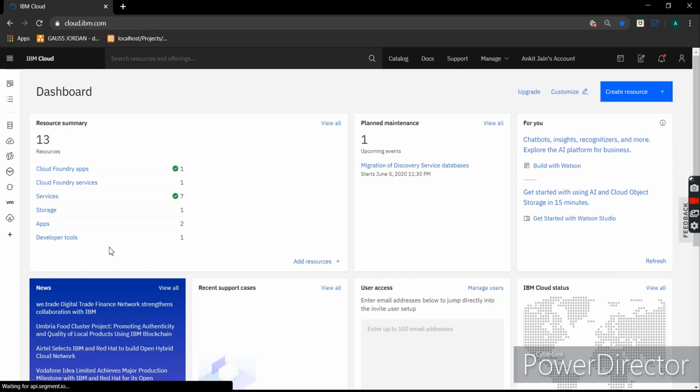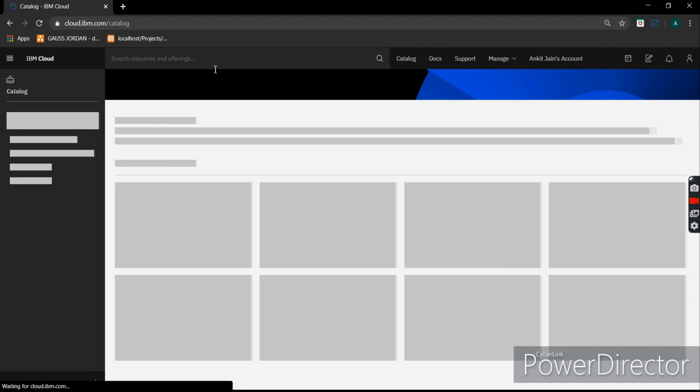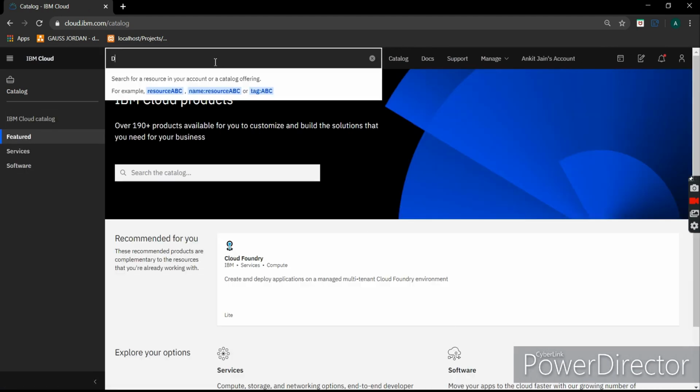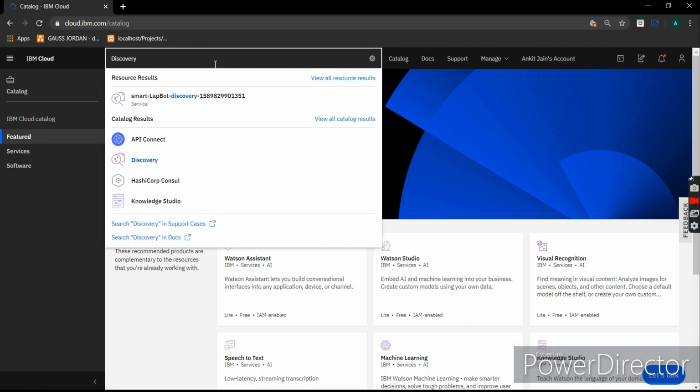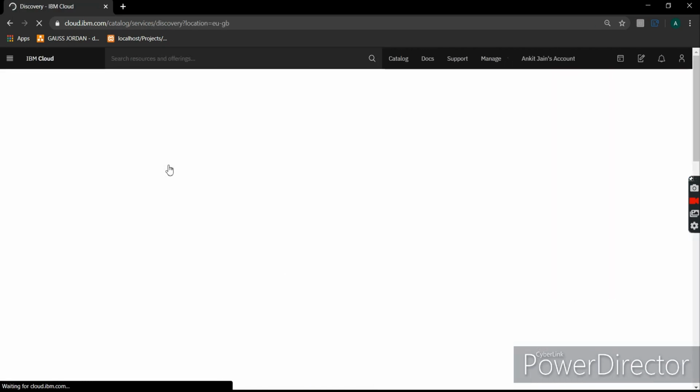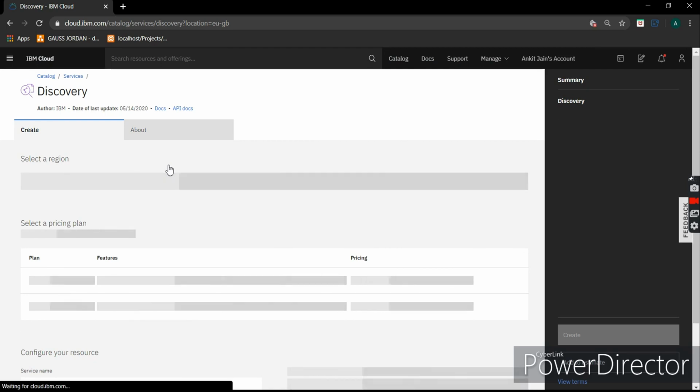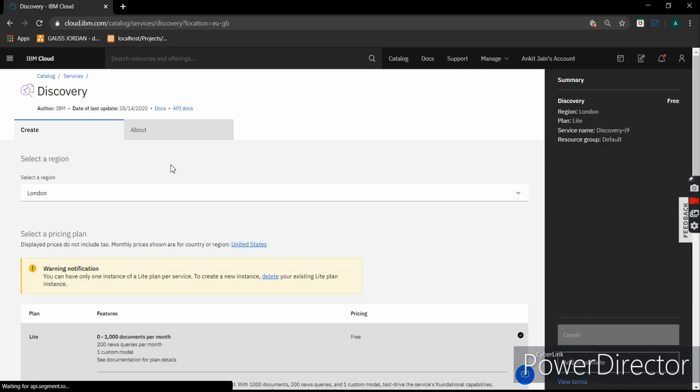Our step 1 deals with creating a Watson Discovery service for our project. So click on Catalog and search Discovery. As you can see, this opens up the main Watson Discovery's dashboard.